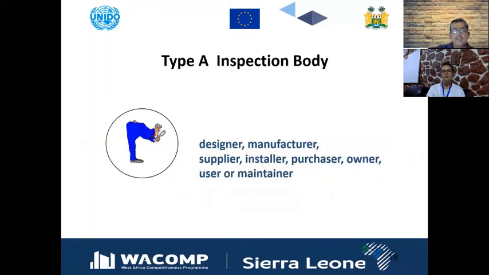So a type A inspection body is the inspection body that is not the designer, not the farmer, not the installer, not the grower in case of agriculture. They are away from these kinds of activities. That is why they are independent on one side, while all the activities with respect to grower, farmer, purchaser, and marketer are on the other side, and they are inspecting it with independence, in a clear, impartial way. That is why it would be a type A inspection body.